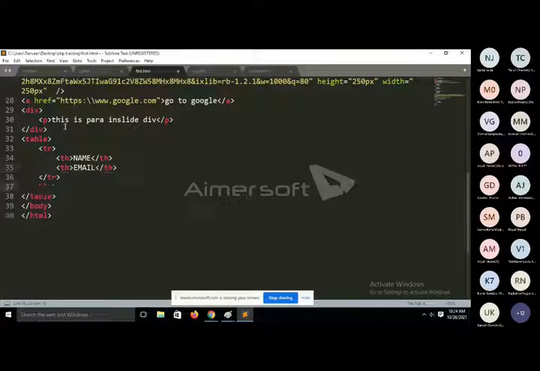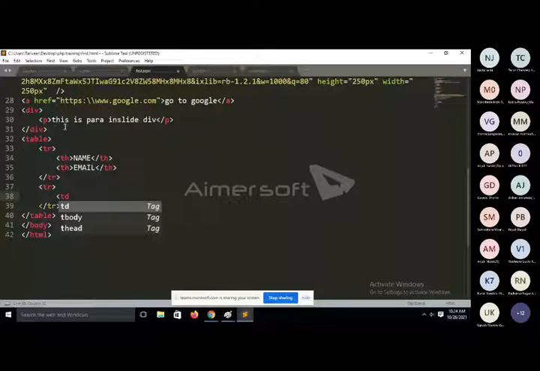Now we will use some other rows like tr. Inside the tr, now we are not using headings here. Here we will use some data for the table. So you will use td, table division or table data. Td stands for column also. So inside the name we will write some content like Jay.